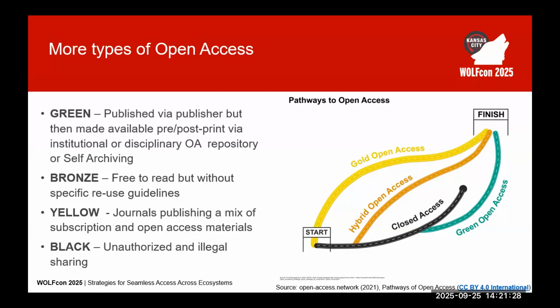But at this point, most institutions are creating guidelines and goals about how much of each type of open access they want their institution's publications to conform to. And the cool and interesting thing about all this is that it's still in flux and being developed and evolving as more and more open access publishing occurs.